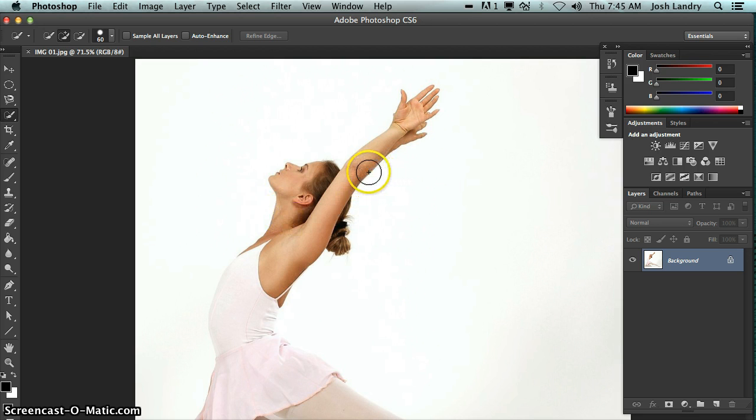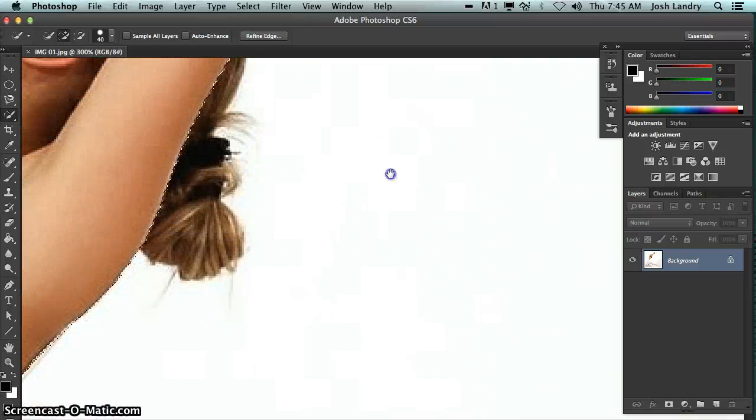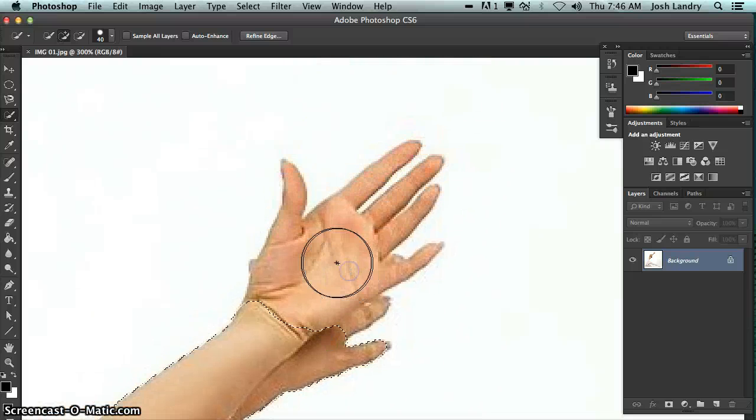So okay, I'm going to go ahead and just start brushing over our subject here, and you want to watch where the selection marquee is going. There we go. And I'm going to go ahead and grab those hands there. So I'm going to press Command and plus, so I zoom in, then I'll hold down the space bar and pan up so I can see the hands. I'm going to go ahead and select the hands, and it did a really good job just getting the hands in one single click. I do, however, want to get the white space out from in between here,